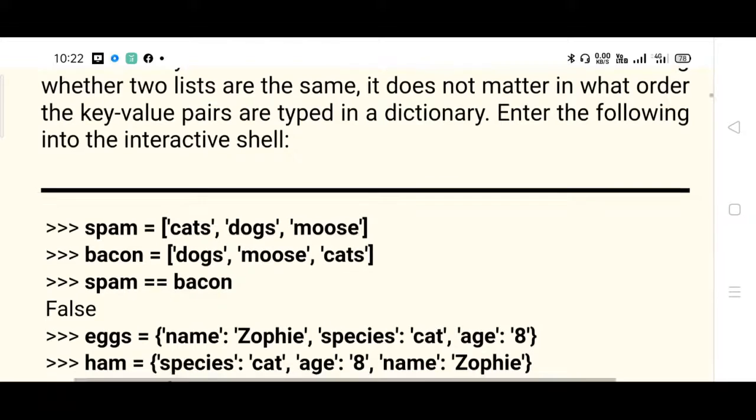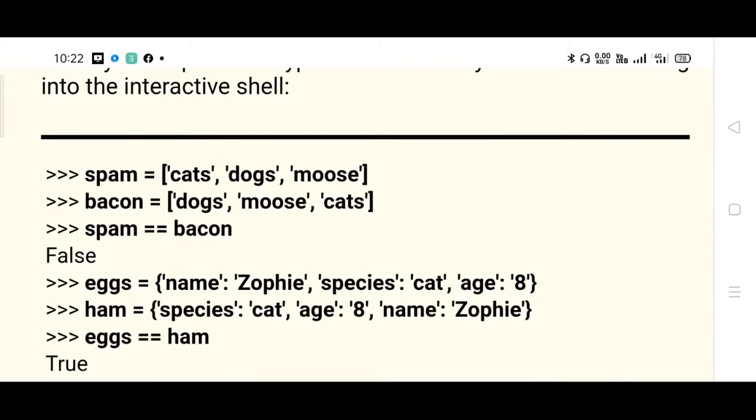But in the case of a dictionary, you can see the difference. Name is Zophie, species is cat, age is 8, and whatever the order, this dictionary is assigned to eggs. Then we have ham, which contains species as cat, age as 8, name as Zophie.